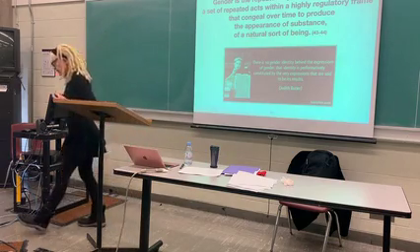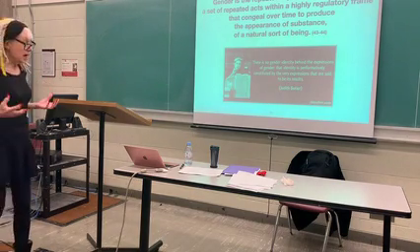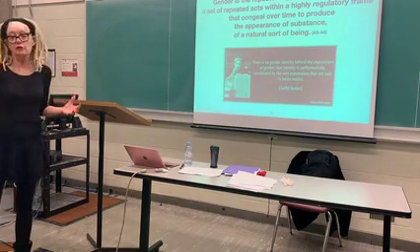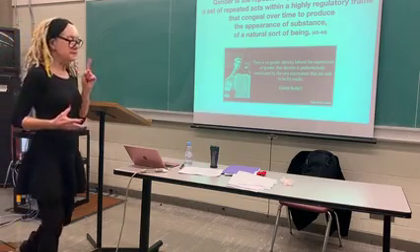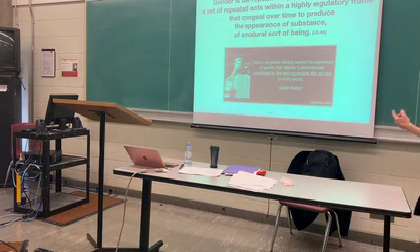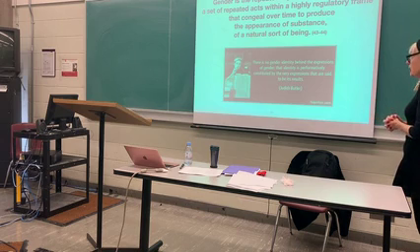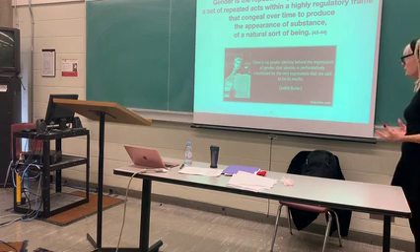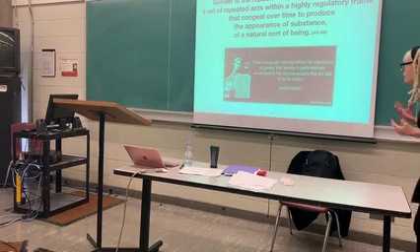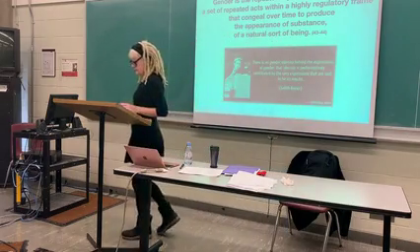So I said this before, but I think it's really important to get Butler's words here. That gender is the repeated stylization of the body. It's a set of repeated acts within a highly regulated frame that congeal over time to produce the appearance of substance. And she's saying it's a metaphysics of substance. They produce the appearance of substance, but it's not a substance of a natural sort of being. So she says, gender is the repeated stylization of the body, a set of repeated acts within a highly regulatory frame that congeal over time to produce the appearance of substance of a natural sort of being, but it's not natural. That it's produced over time.